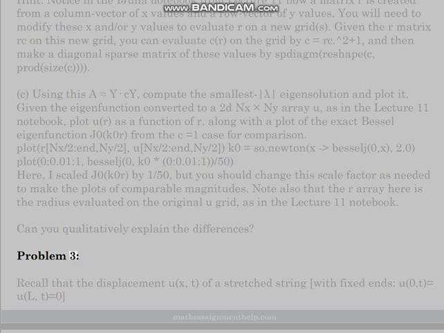Problem 3. Recall that the displacement u(x,t) of a stretched string with fixed ends, u(0,t) equals u(L,t) equals 0,